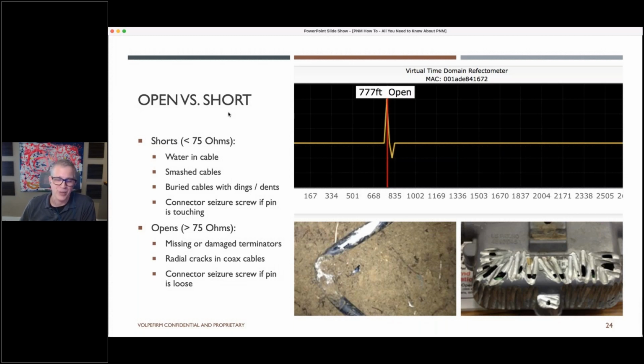We can't violate the laws of physics with our PNM tools because we only have 24 digital taps in our pre-equalizers. What we found over time is sometimes we can have an error of up to 50 feet, sometimes maybe even more. So when we show these virtual time domain reflectometers, or E-time domain reflectometers, whatever we're calling them, in our PNM applications, I highly encourage that before you actually dig a hole in the ground, please shoot them with a real TDR, a real time domain reflectometer,